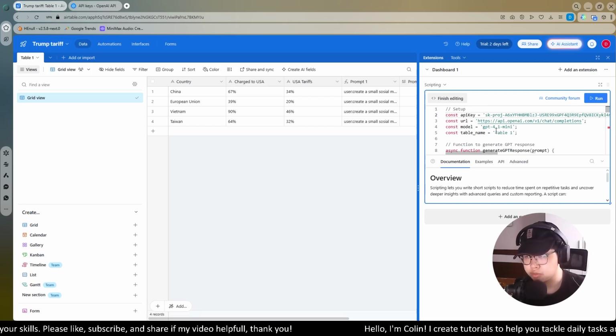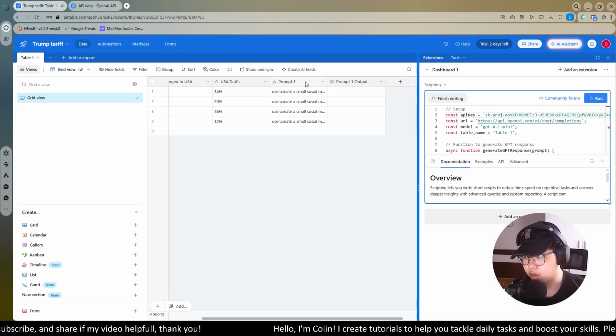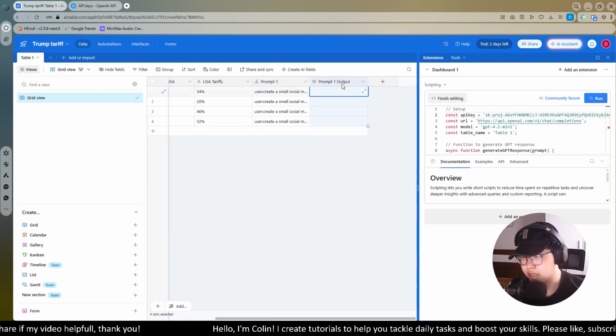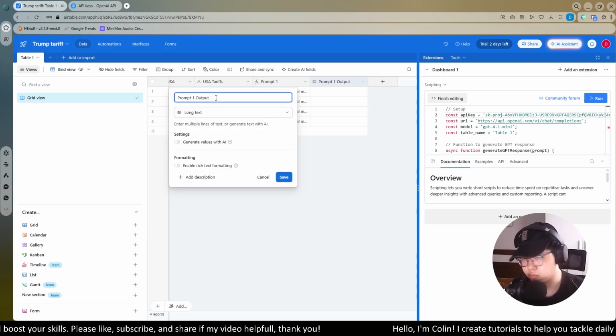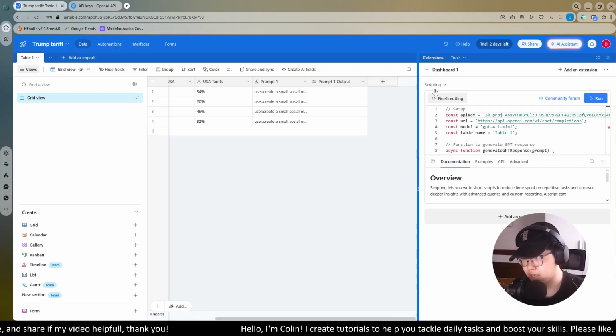Okay, the rest of the code you don't need to care about. Before running this code, you need to do one more thing. First is your prompt. In the column name of the prompt, you need to fill in like me. Next one is the output. If you use prompt 1 as an input, you need to fill in prompt 1 output like me. Or if you use prompt 2, prompt 3, you fill in the same, prompt 2 output or prompt 3 output. This is very important because if you set up the column names not like me, the code can return some errors. Okay, after you make sure everything is correct, you run the code.